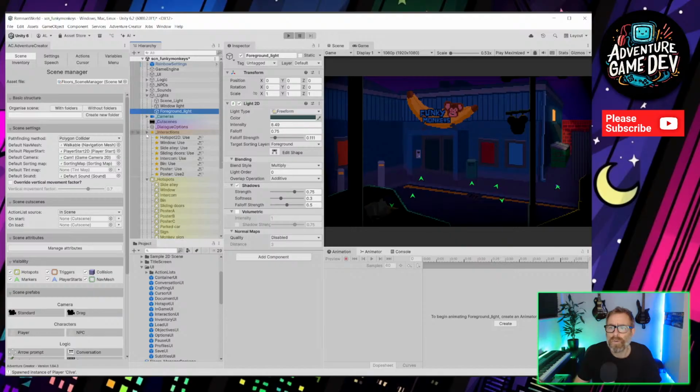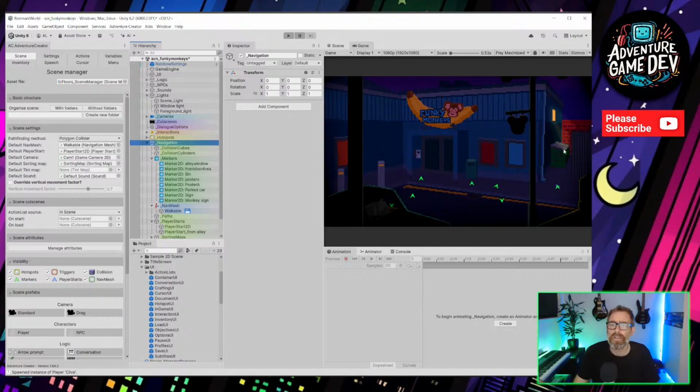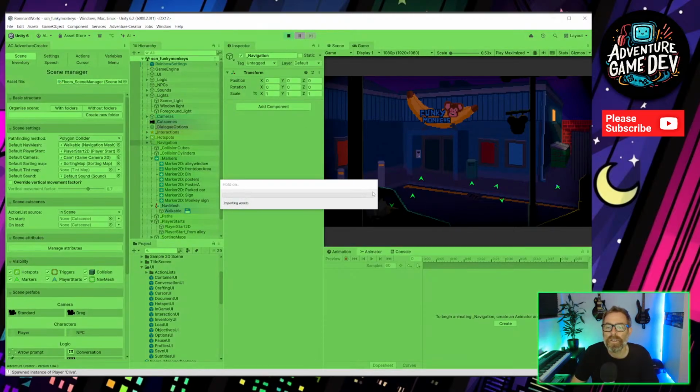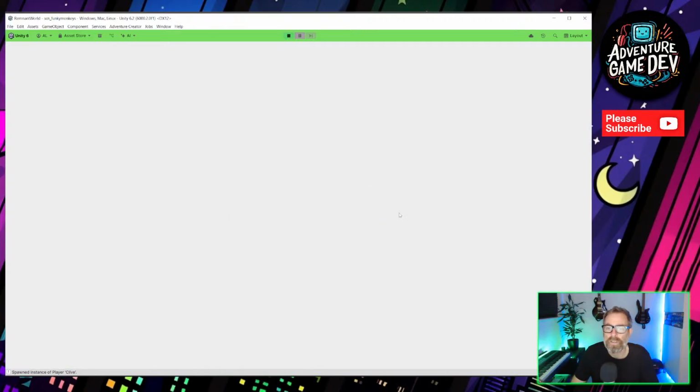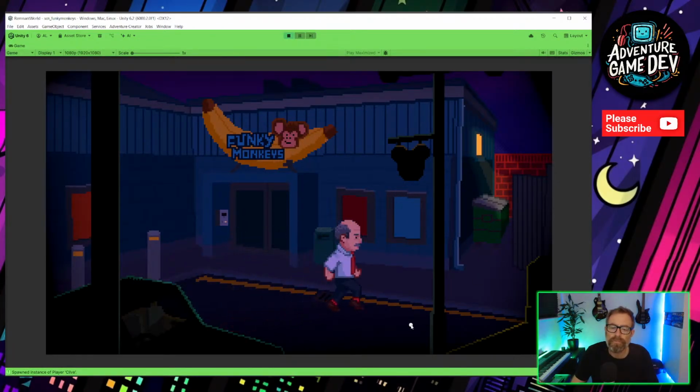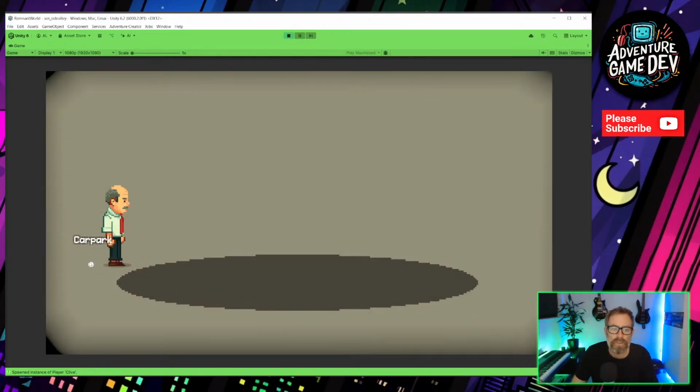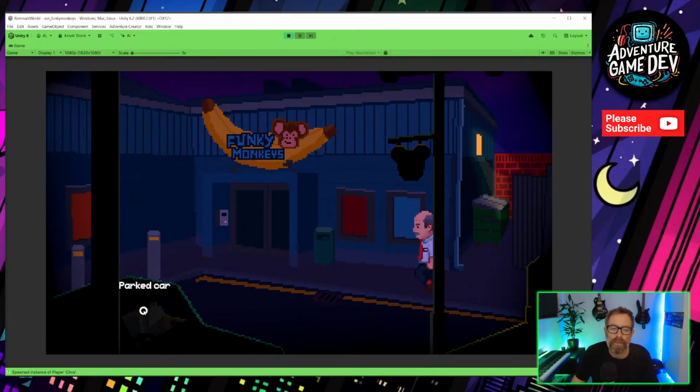And then we went through and created the hotspots to link us to the other scene, and we created a blank scene from the template for that side alley scene so that we can move backwards and forwards and that it comes back to the right place. So as you leave this, it lets you leave and then brings you back to a different start point when you go back to the car park. And then we set up at least, I think, 8 or 9 different hotspots ready to change some of the dialogue on that and ready to interact with things like the intercom and some of these posters.